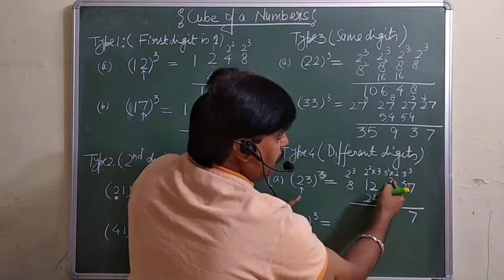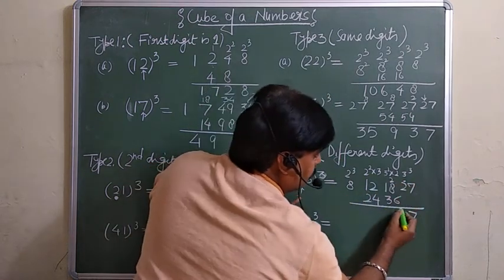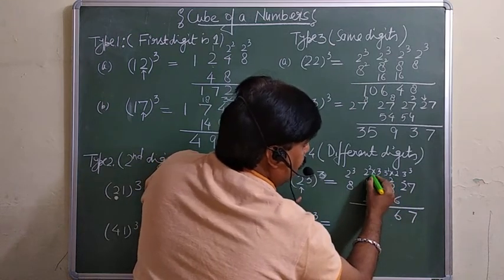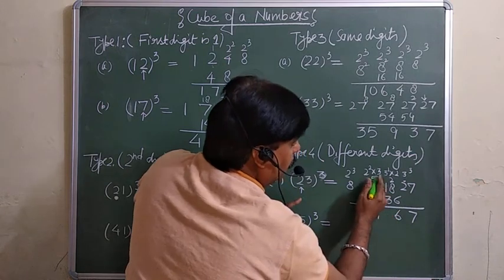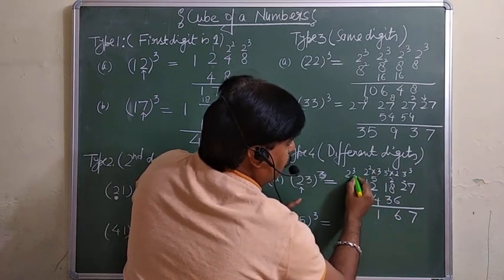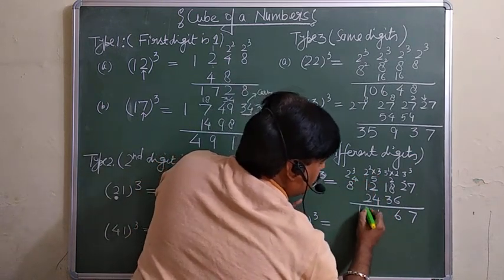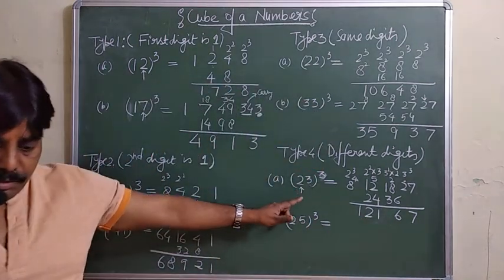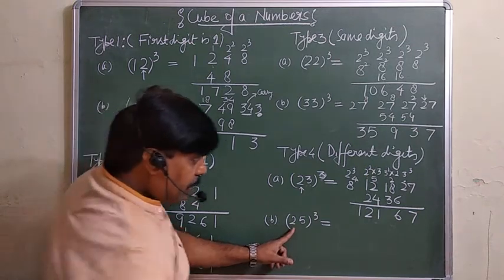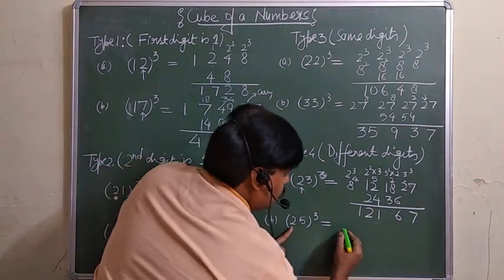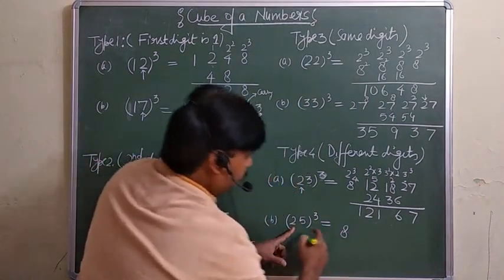2 must be added here: 8 and 2, 10, 16, carry 1, 4, 5, 5 carry, 5, 7, 4, 11, 1 carry 1. This 2, 4, 4 will be added here, 8 plus 4, 12. So 1, 2, 1, 6, 7 is the cube of this number. Similarly here, the cube of this number, 2, is 8. Cube of 5,